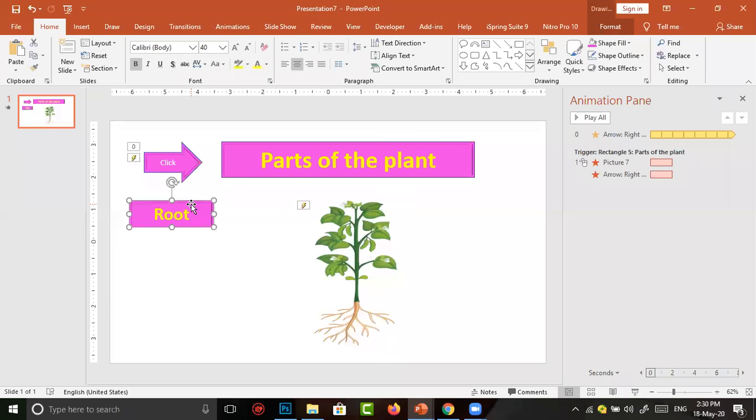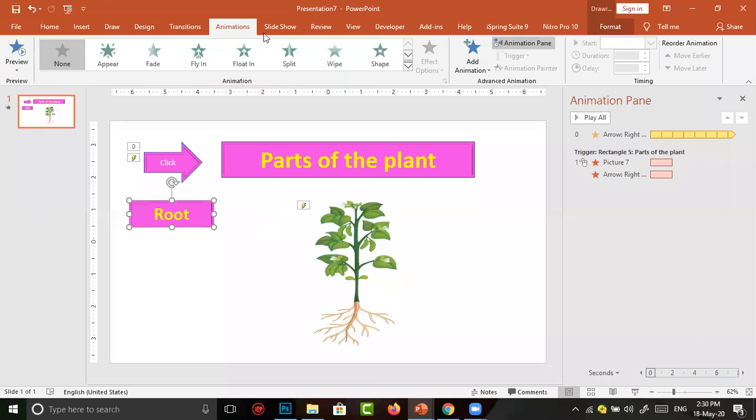This button should appear at the same time when the plant is disappearing. That is, when I click on parts of the plant, it should disappear. At the same time, this root box should appear. So again, I select the button. I want to give animation, but this time I am going to add animation. Why should we go to add animation?